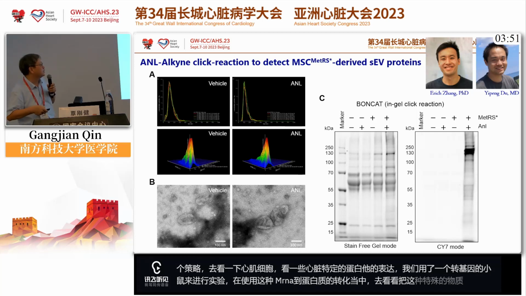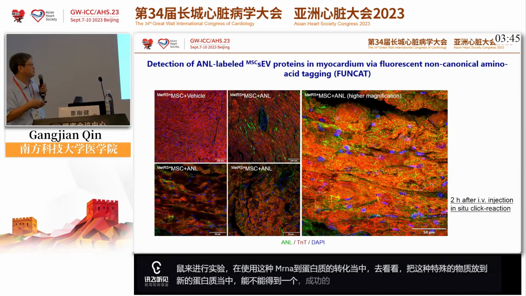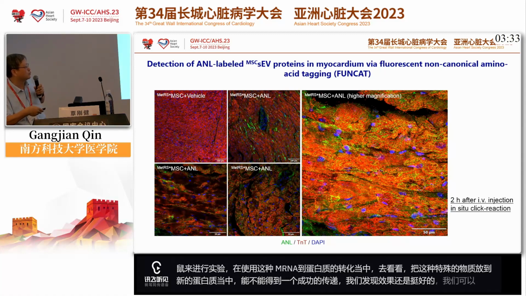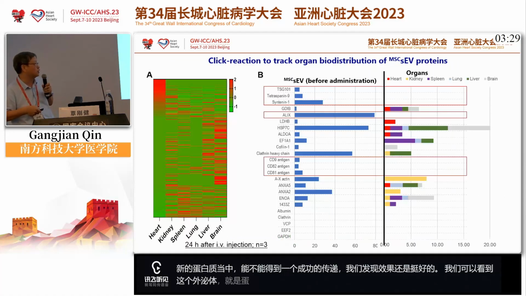We found that the labeling is very efficient and specific, doesn't affect the exosomes, and we can very excitingly identify these exosome-derived proteins, shown in green, in different types of cells. It looks like quite a lot of exosome proteins still got into the heart,